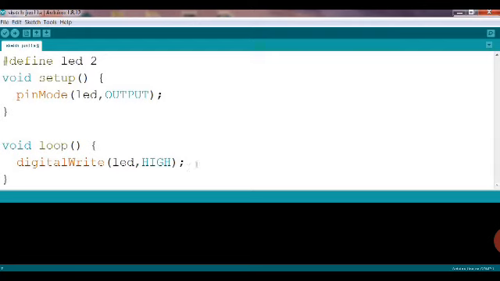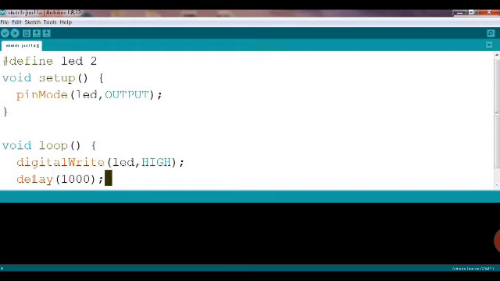So the meaning of this line is digital write, that is the value in the form of digital, write means output, and that value we are giving high for the first time, and then I want this high power for some time. For this we are using the concept of delay.